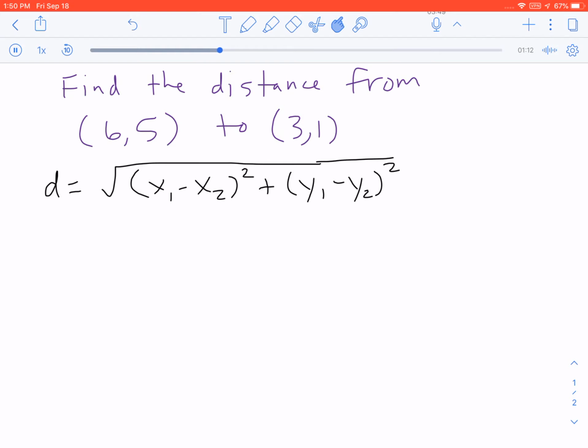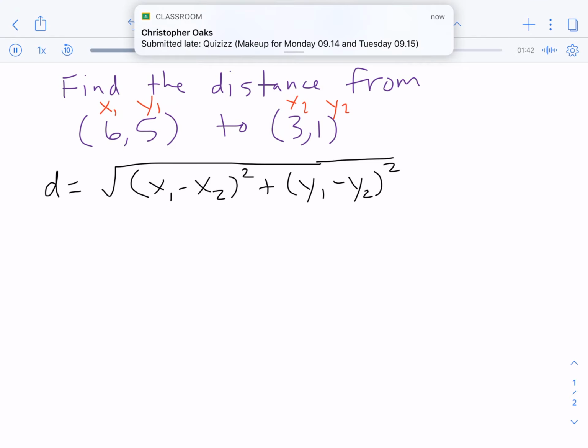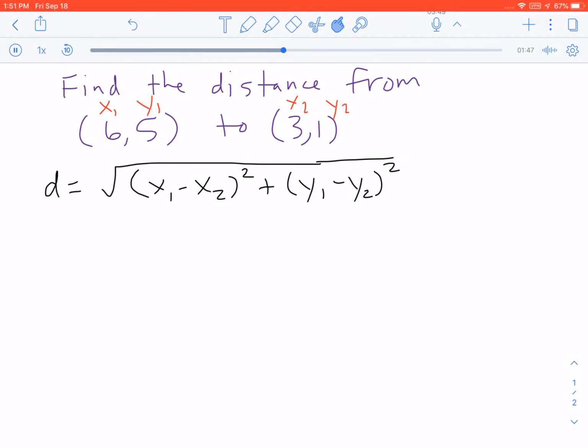So the first thing is to understand what all these x1s, y1s, and all this stuff is. This should be a little bit familiar because of things like the slope formula from last year, but it's probably been a while. What we're going to do is label the points. So for instance, this is my x1 and this is my y1. Be careful to not call it x2, y2 because it's second. We're looking at (6,5) as if it's the first point, and so we're going to use x1, y1. Here we're going to call this x2 and y2. Okay? And I know a lot of this can seem really overwhelming and complicated, but the next step we're going to do is simply